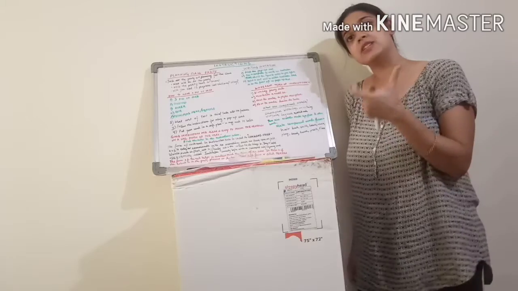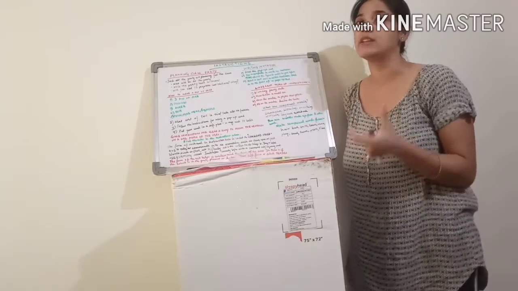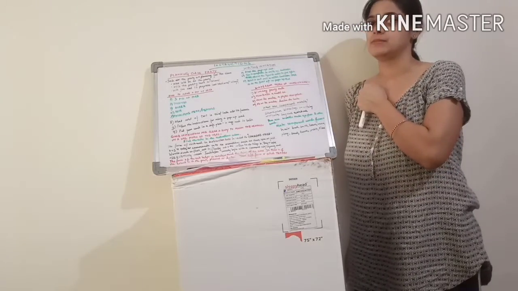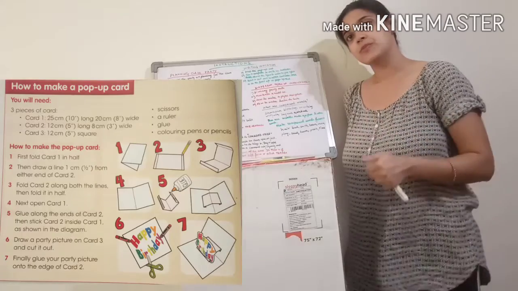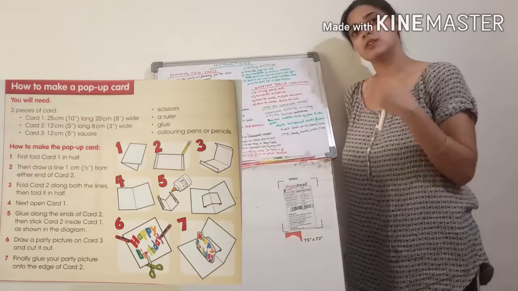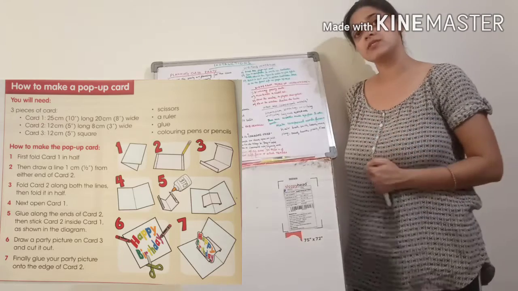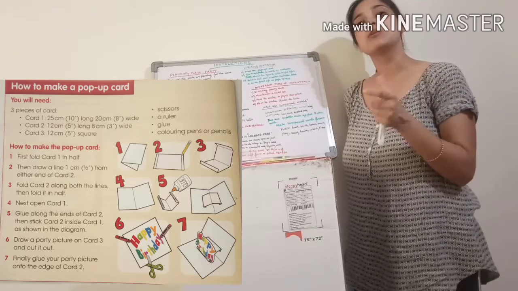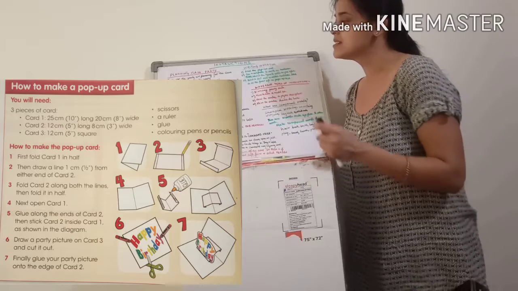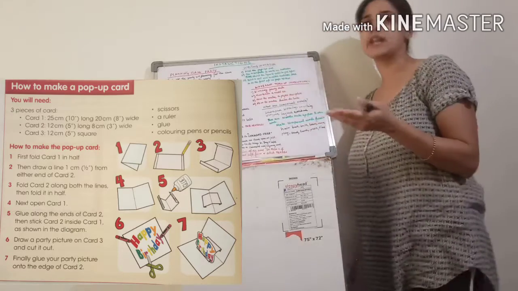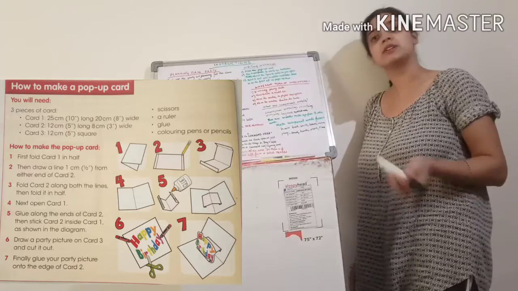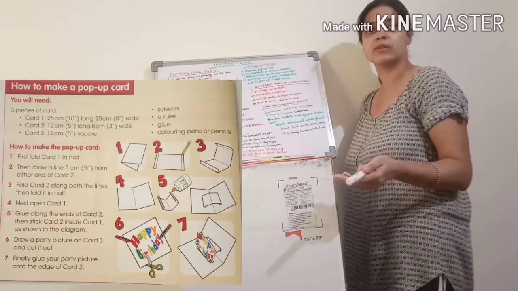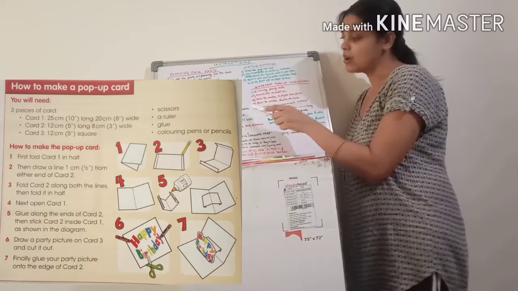In the earlier class, we have seen the points to include for writing out an invitation. Now, today we will make a pop-up card. See the chart below. Certain instructions have been given, one by one. What are the requirements of a pop-up card? What are the things required in this entire text? Just tell me, what sort of text is this? In the last chapter, we have read about the types of texts. So, can we call it an instruction, giving out instructions? Yes. Talk about its features.